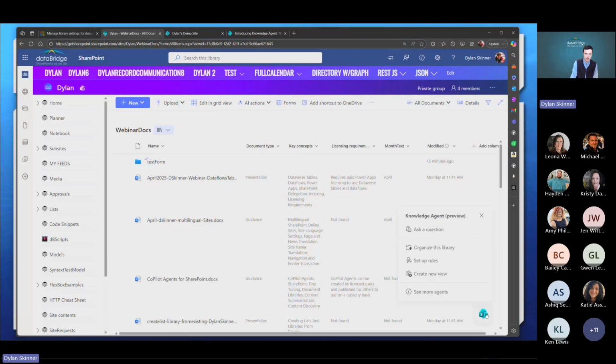And when I click it inside of a document library, I see I have different choices here. It'll have the option to organize this library, so actually set up metadata for me, or create rules, or help me create a new view. And I'll start with some of the quicker ones real quick, and then I'll end on the organize this library. But basically the create a new view, most of you might be familiar with views, but if you're not, just to show,